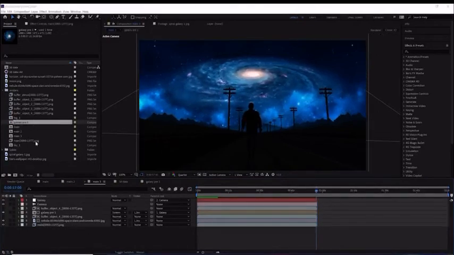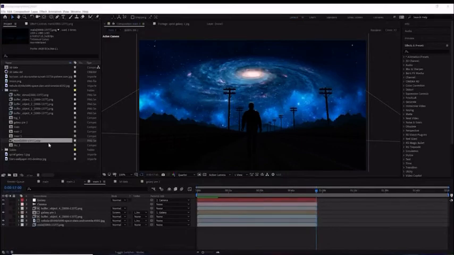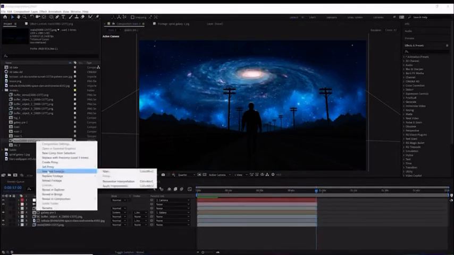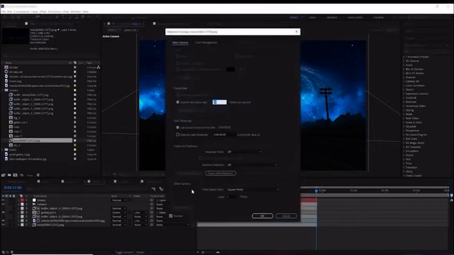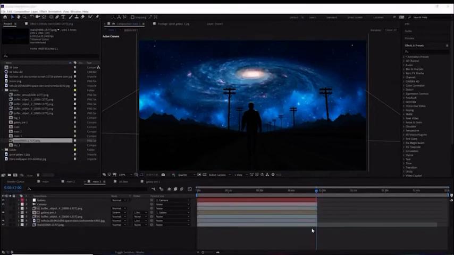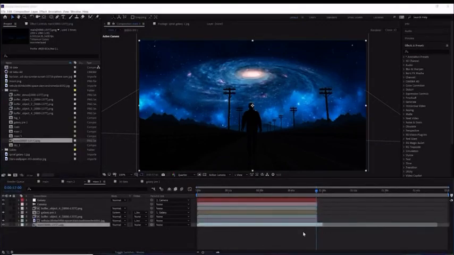So if we start with the main render layer, for example, we can go to Interpret Footage and Main. And all the way down here, there is a loop control, which I will set from 1 to 2. And if I click OK, we will immediately see the new range of this particular layer. So it will play to the initial point, and then because we set the loop to 2, it will now extend in the timeline. So we just fill this out and make sure it reaches the end. We can then